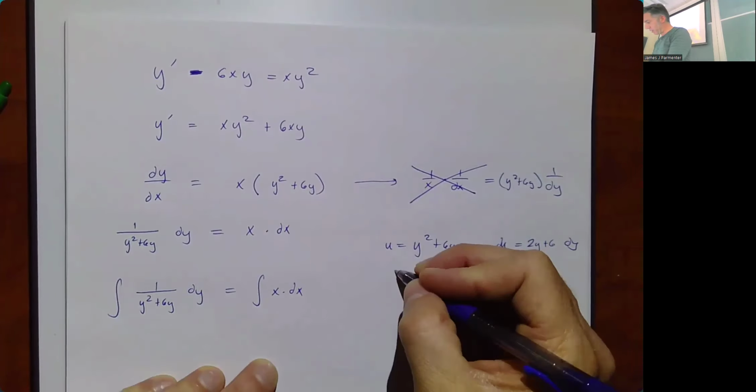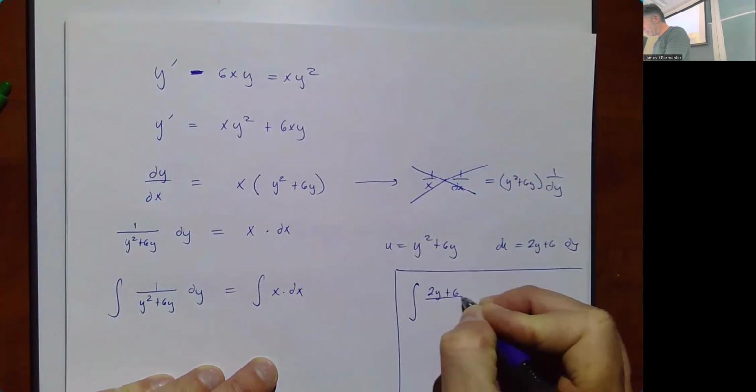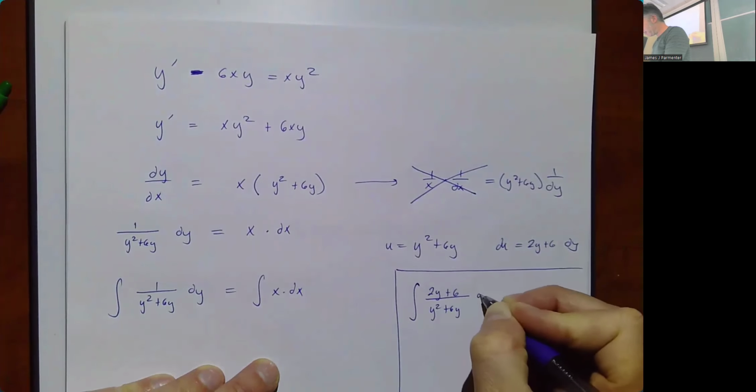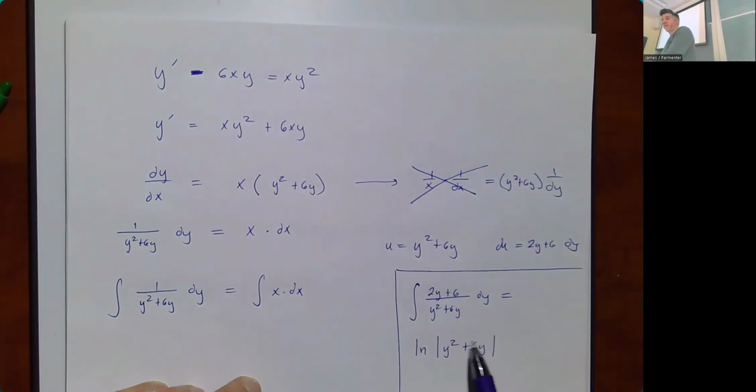I'll point out, just as a quick aside here, if we were integrating 2y plus 6 over y squared plus 6y, then the antiderivative would be the natural log of the absolute value of y squared plus 6y, plus c, because the derivative of that would be 1 over that stuff times the derivative of that stuff, which is exactly 1 over y squared plus 6y times 2y plus 6. But it's definitely also the reason why the antiderivative of this is not the natural log of y squared plus 6y. So unfortunately, this means we have to use partial fractions,